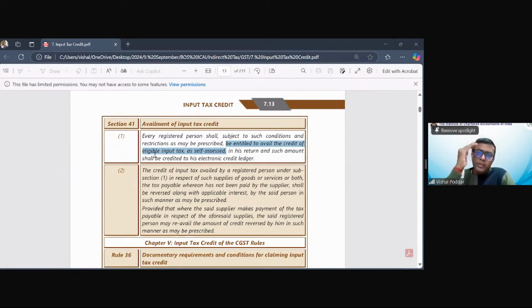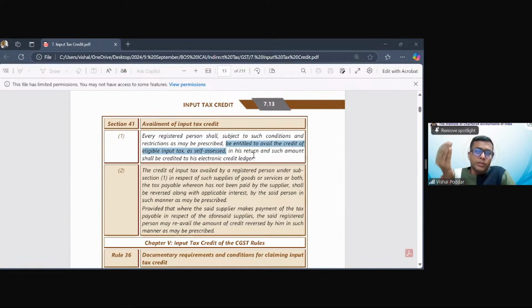So it means you first see not only 16, but 16, 17, 18, everything, because that collectively will tell you what is the eligible amount. And this eligible amount you show in your return, because unless you show it in your return, it will not add to the credit balance. If you have filed the GST returns, you will know that the moment I show it in my 3B, which is my return, in the correct table, in the correct column, the balance of my ITC ledger